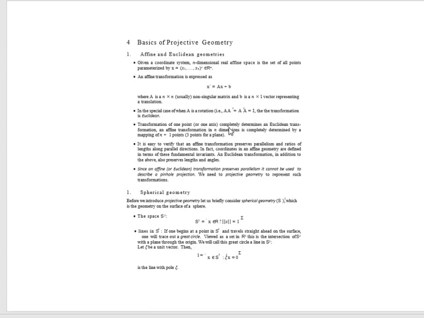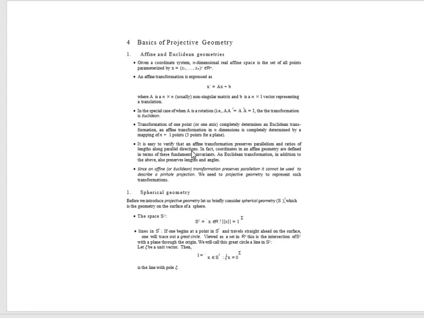The transformation of one point completely determines a Euclidean transformation, and an affine transformation in n dimensions is completely determined by the mapping of n plus 1 points. So it is easy to verify that an affine transformation preserves parallelism and the ratio of lengths along the parallel direction. In fact, the coordinates in affine geometry are defined in terms of this fundamental invariant,